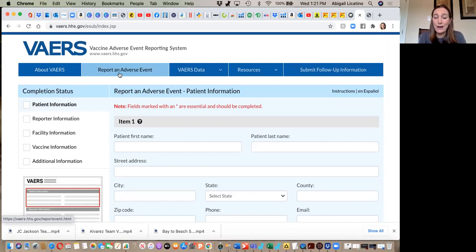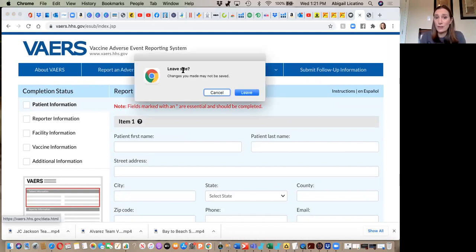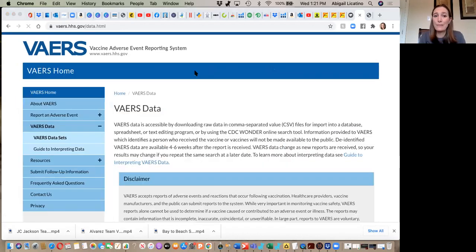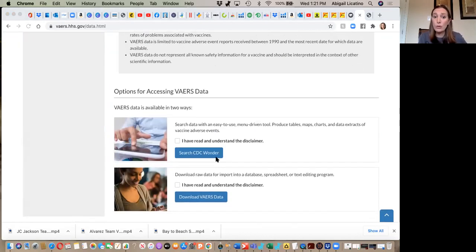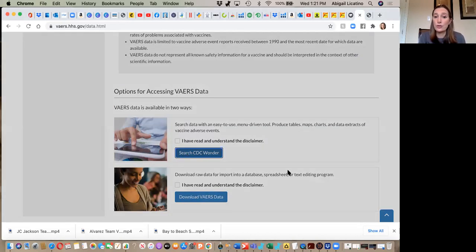Once you've been identified as an actual injury that has been entered, we're going to leave this here for a second and go into the VAERS data. It will show up here in the VAERS data. Okay, I don't know how often they update this. It was every Friday, but now it may be every month. But you can check and see if your VAERS number is active and searchable by coming down here, and you would just click on this, and you're going to search the CDC